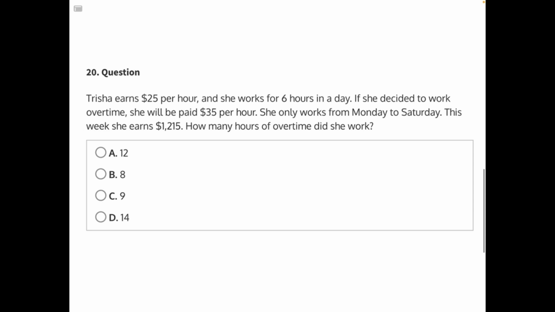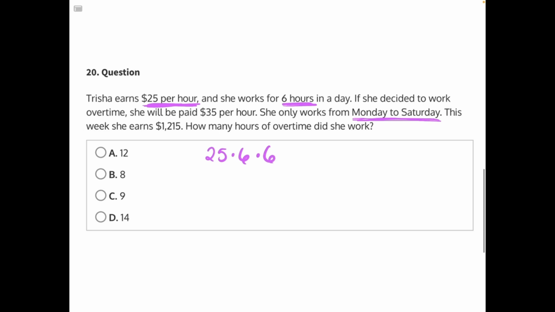Let's see if we can convert all of this information into an equation for us to solve for our unknown, our hours of overtime. Let's start with $25 per hour working 6 hours. To find the total money she made there, we would need to multiply 25 by 6. She worked 6 days out of a 7-day week, Monday to Saturday. So we can multiply that by another 6 to find out how much money she made in the week without